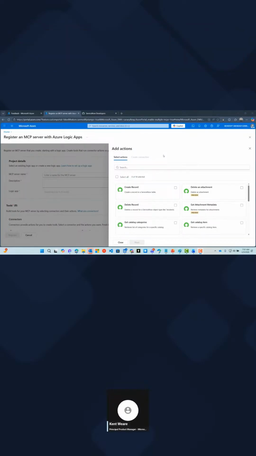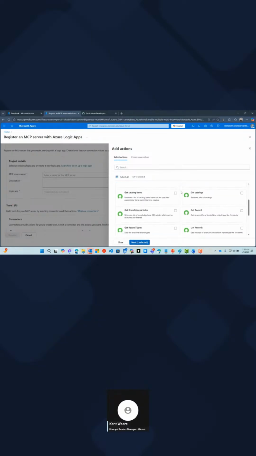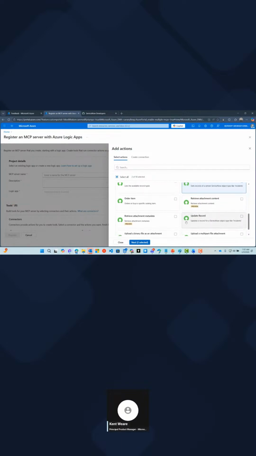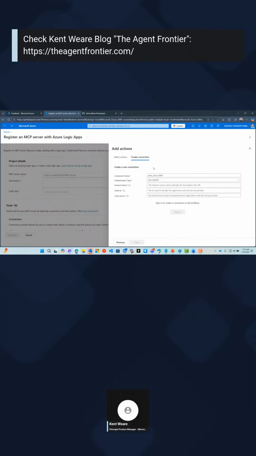Now, because we selected our connector first, we know what operations we want to go ahead and provide here. So these would be the connector operations for ServiceNow if we wanted to build an ITSM tool. So let's go ahead. We want to be able to create an incident for sure. And then I think it probably makes sense to list records. So list incidents. So we'll also go ahead and select that as well. We could do update, but won't go too deep here. Once again, we need to go ahead and create a connection. So I will go ahead and do that. So I've got this information in place.